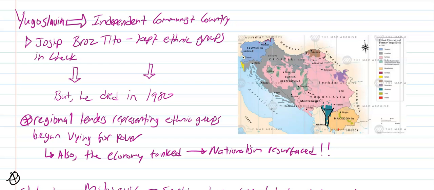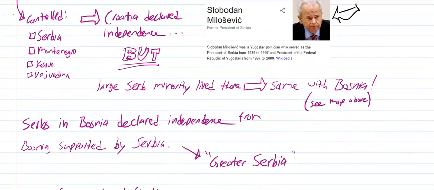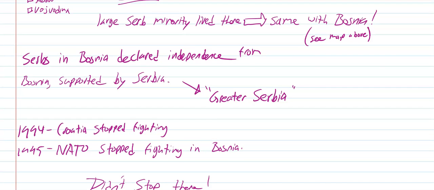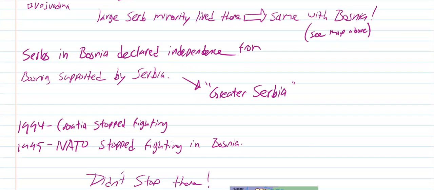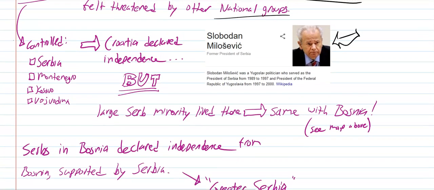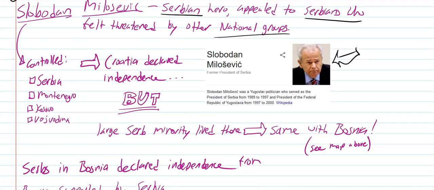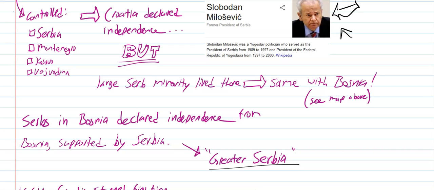Well, we talked a little bit about the geographic concept of irredentism a few videos ago. And what we're going to start seeing here is that in areas with large numbers of Serbs living as minorities, the Serbians under this guy, Slobodan Milošević, felt like it was their destiny and their obligation to control that land, and they wanted to establish what they called a greater Serbia.